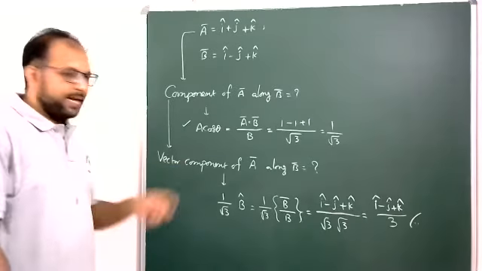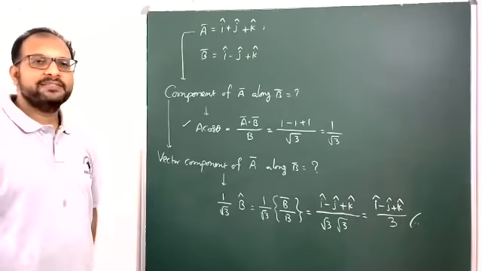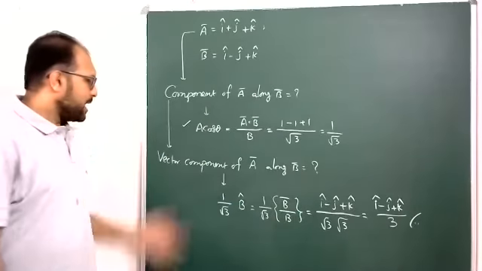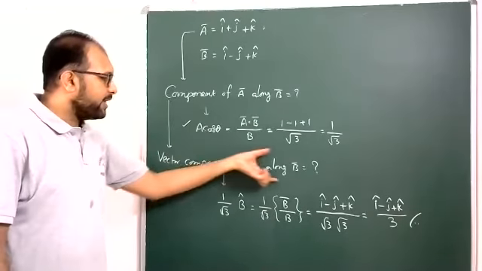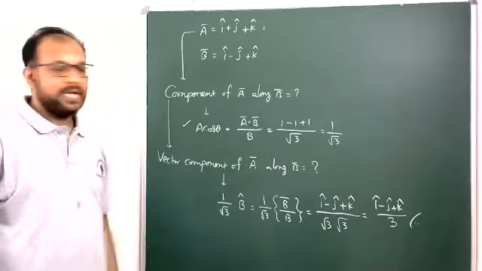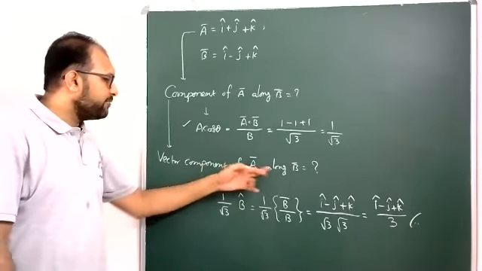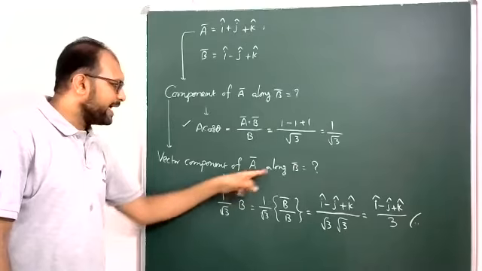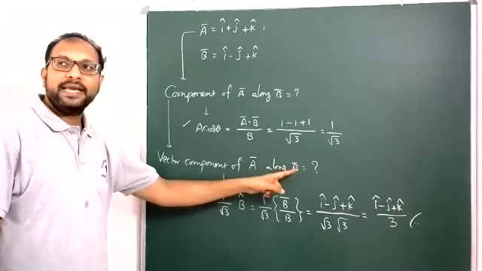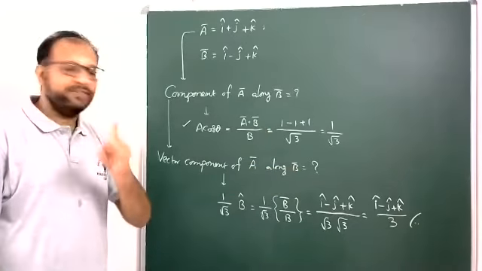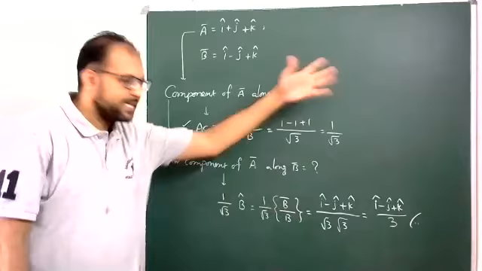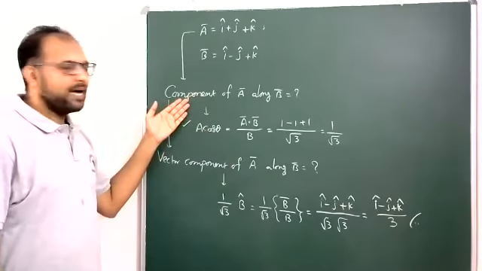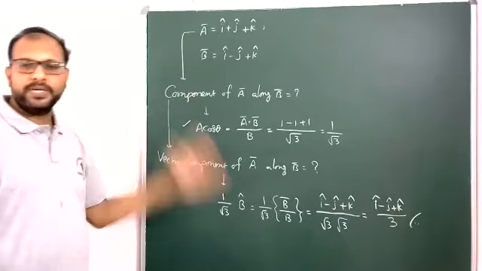So students, here component has two meanings: scalar component of A bar along B bar, or vector component of A bar along B bar. Vector component of A bar along B bar means this magnitude into the direction along B bar. Direction along B bar is represented with B cap. That's it. Come and take this now, both the scalar component and also the vector component.